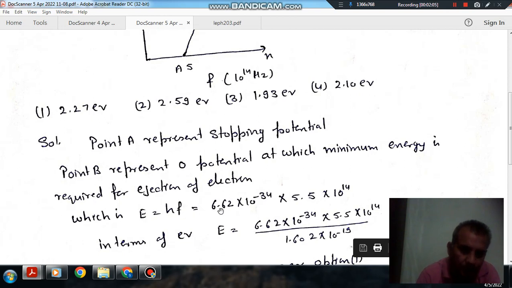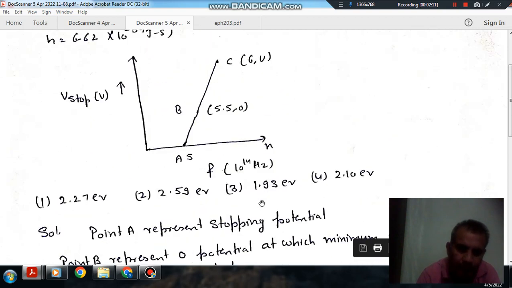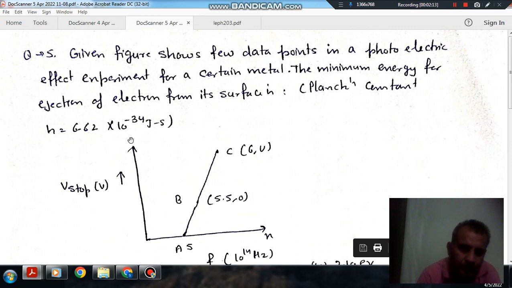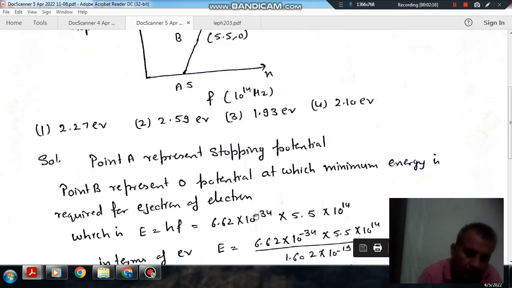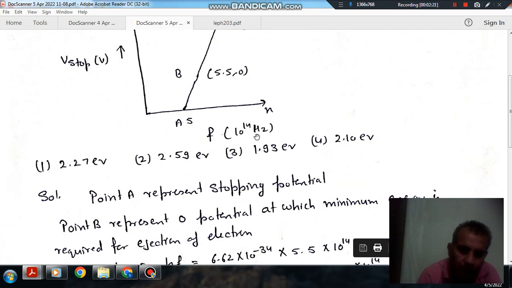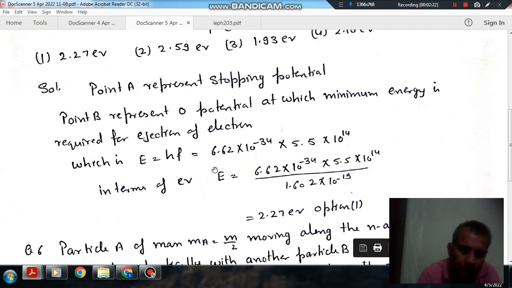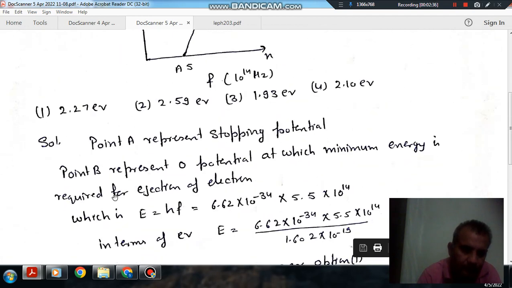Here h is 6.62 into 10 power minus 34. That value is given, and if it's not given, you have to remember it. And f is 5.5 into 10 power 14. So the energy, this is in terms of joule, and in terms of electron volt we divide by 1.602 into 10 power minus 19. So it comes out to 2.27 electron volt. So option 1 is the right answer. Next,